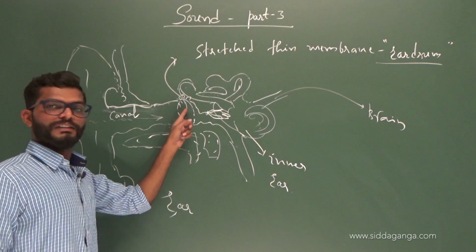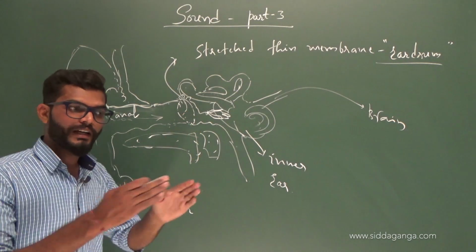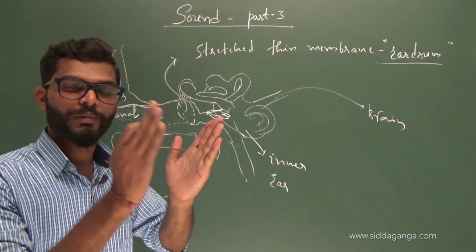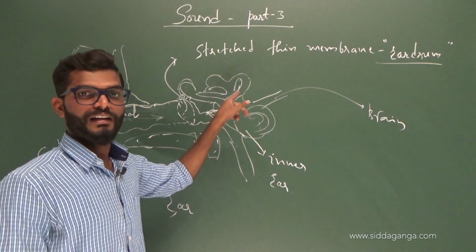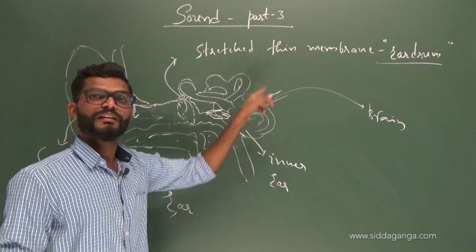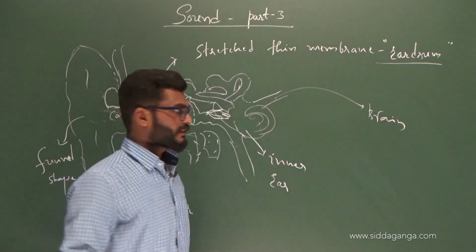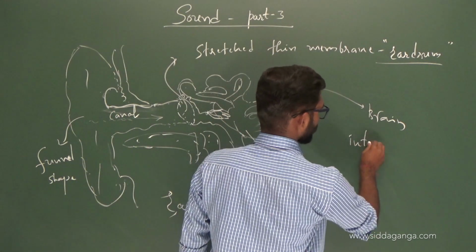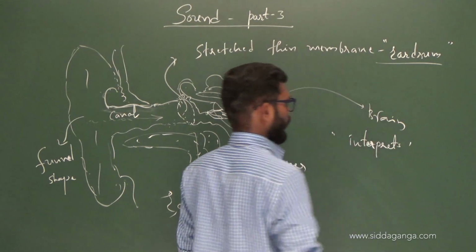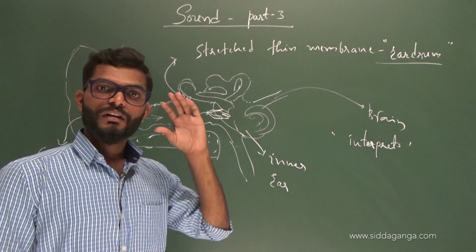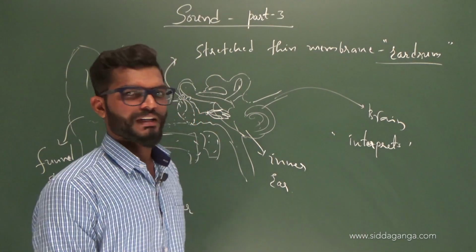So when the sound touches it, it vibrates the thin membrane. The sound vibrations vibrate the thin membrane. The eardrum vibrates. So that eardrum sends the vibrations to the inner ear. And the inner ear sends those sound vibration signals to the brain. Then the brain interprets and analyzes the sound, and it can come to know which sound it is, whether it is the barking of a dog or whether it is the honking